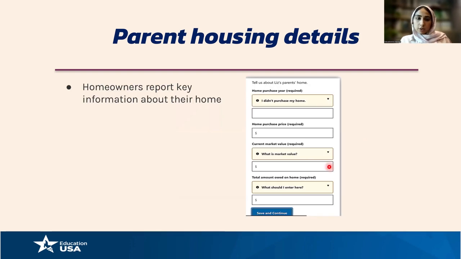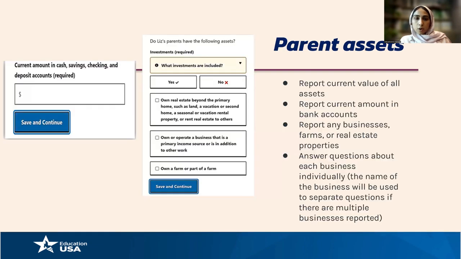And then these are some other examples of parent housing details. Homeowners report key information about their home. This is how you will do it. Moving on,